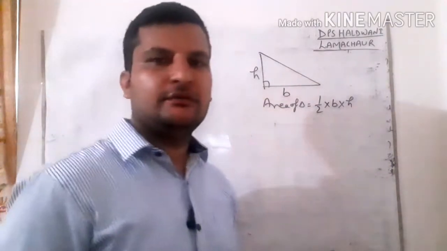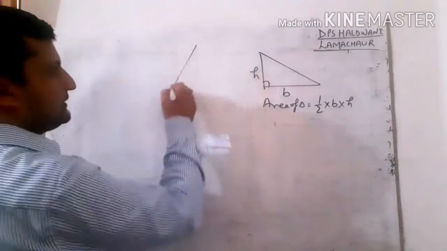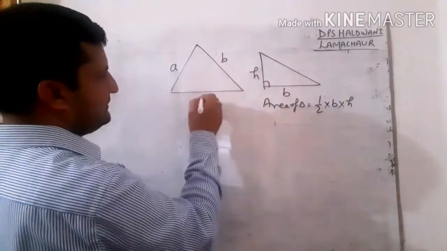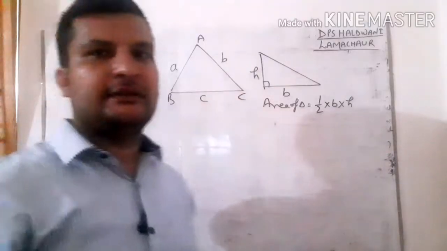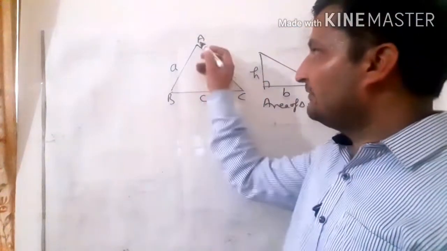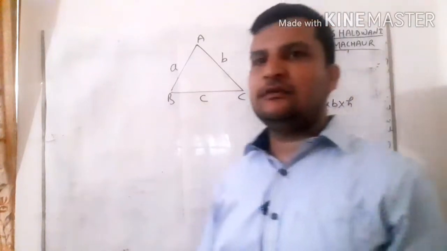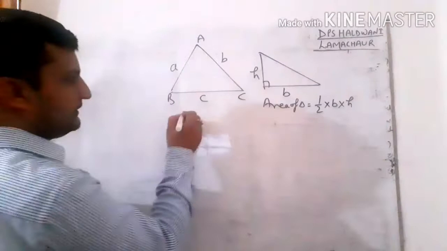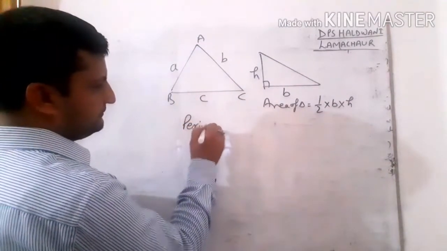Heron gave a formula: root of s minus a, s minus b, s minus c. Suppose a triangle is like this. One side is a, one side is b, and one side is c, and A, B, C are the vertices of this triangle. If the lengths of the sides are a, b, and c, how can we find the area? Heron said that the perimeter of a triangle is equal to